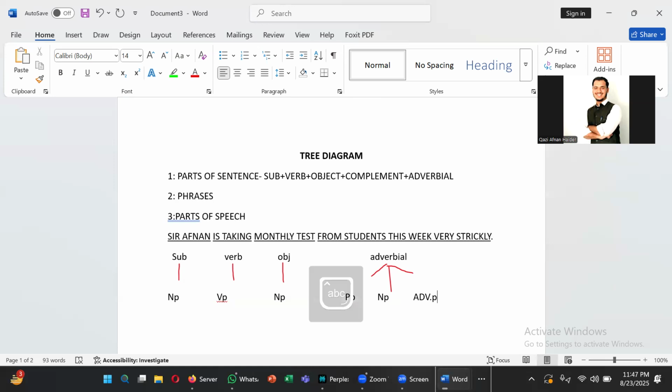Okay, guys. Now, it was your second step. Now, Sir Afnan, noun phrase, is taking, verb phrase, monthly test, noun phrase. In adverbial, there are three phrases. From students, preposition phrase. This week, noun phrase. Very strictly, adverb phrase. The thing to identify and understand is that students say that this week